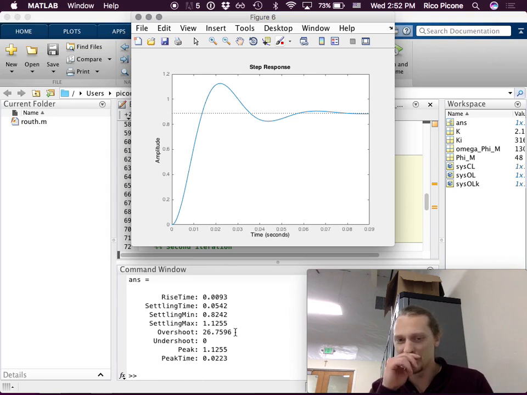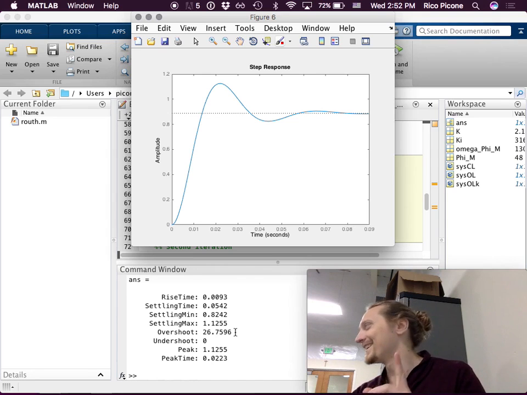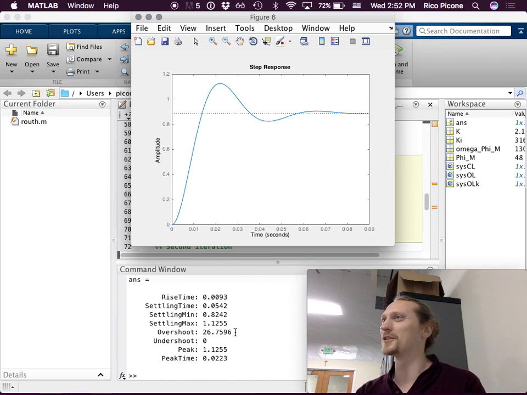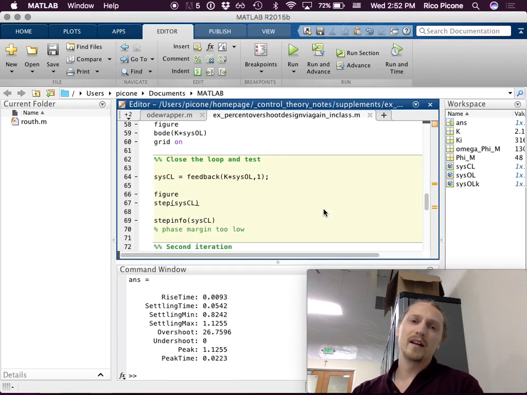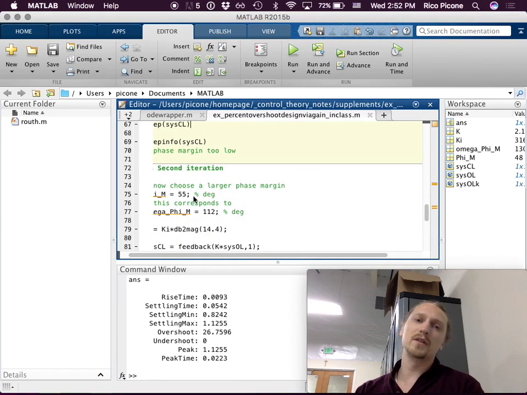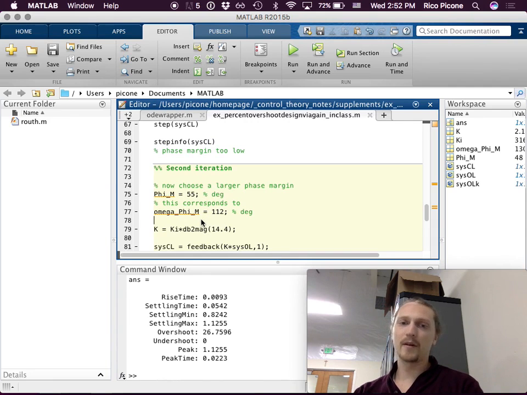So now all we need to do, you could do a few things. You could either just tweak this gain, probably the easiest thing to do, just tweak the gain and keep checking the overshoot, because that's probably going to be a pretty fast way to converge to the percent overshoot that you want. Or we could go back and do a second iteration. So let's do a larger phase margin. Let's just shoot for a little larger phase margin. So instead of 48 degrees, we'll go a little larger. We'll go to 55 degrees. That corresponds to